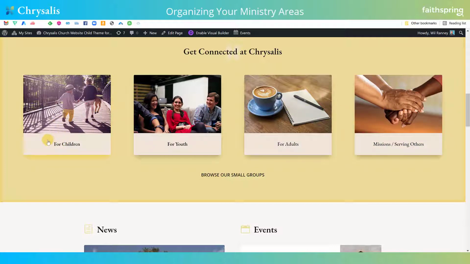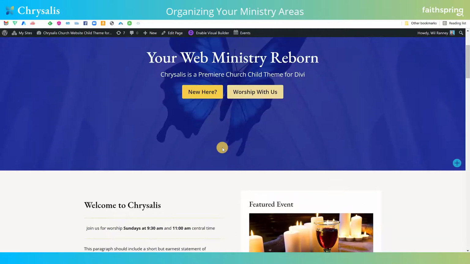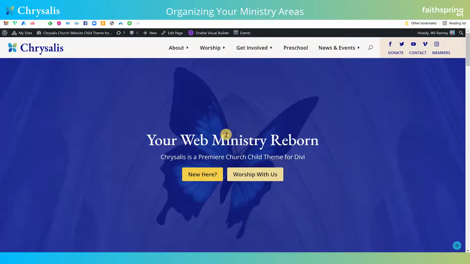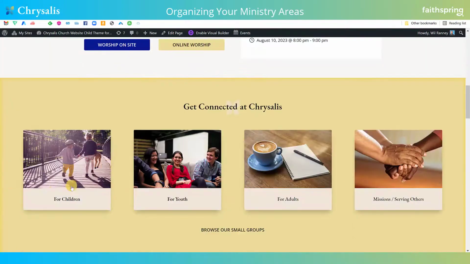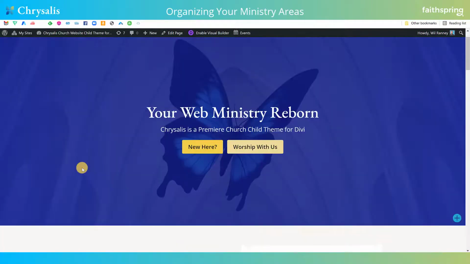I will say that these 4 items here in this section are designed to link to the ministry areas you choose up here. And we've given you a templated page for ministry areas so that you can build out all your ministry area pages and then link them from here. Now,